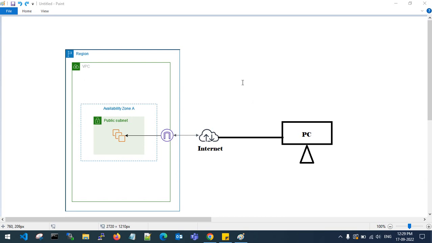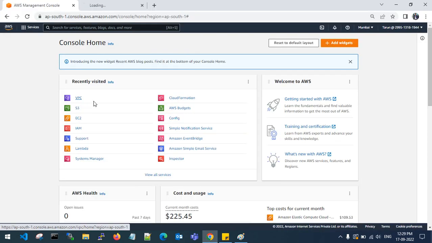Today I'll show you how to connect to AWS servers which are in a public subnet. So you just need to create a VPC, choose a region, and with the internet gateway attachment you can connect from your own personal desktop through the internet. So let's try this. Go to VPC,